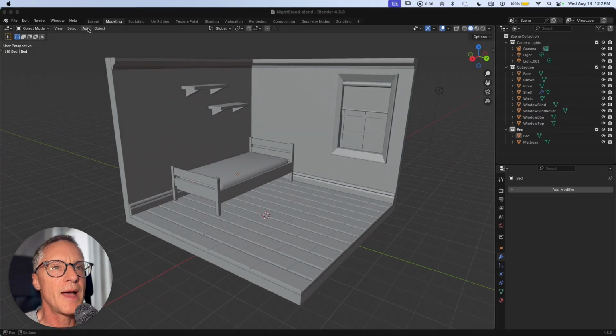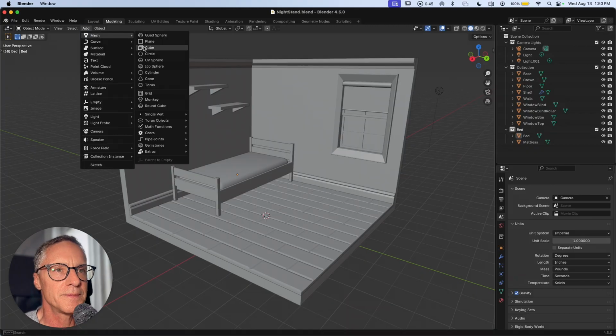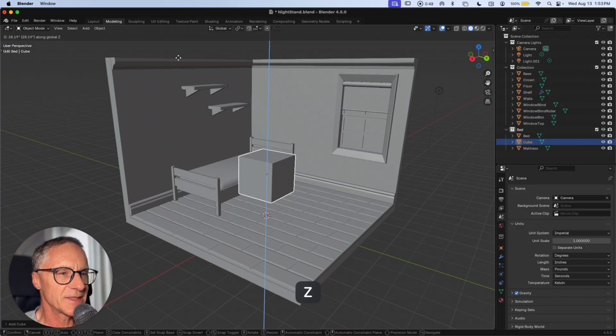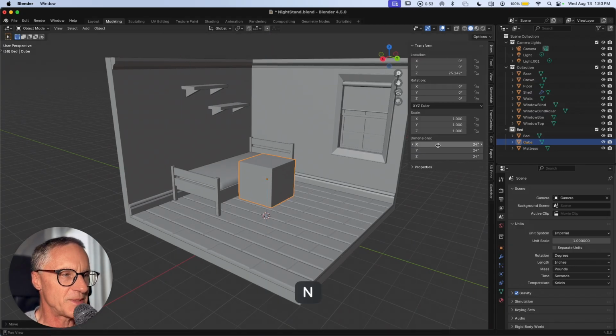So add. Just a little housekeeping here. Scene properties, I'm in imperial in inches. So I'll be referencing some sizes, and those sizes will be in imperial. So we're going to add a cube and G to grab up the Z axis. And I'm going to hit N on my keyboard to bring up this menu, and I'm going to add some dimensions here. So I think I want it to be